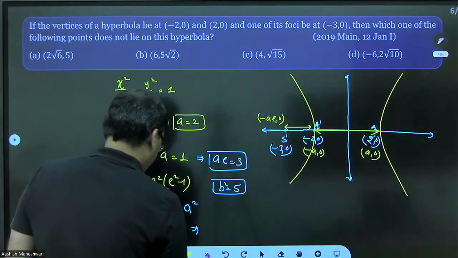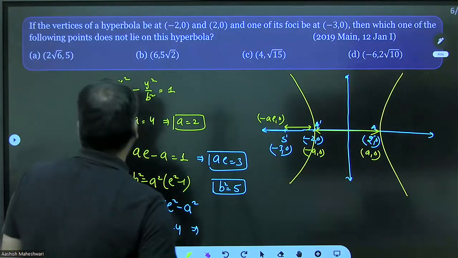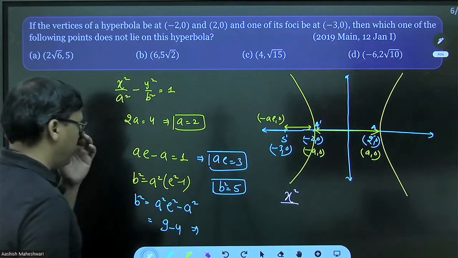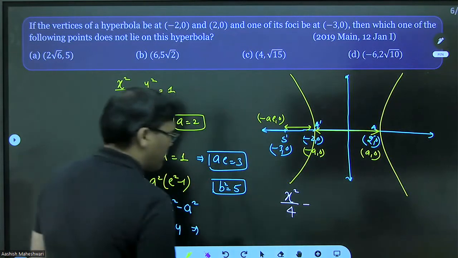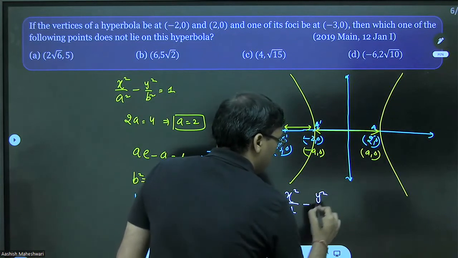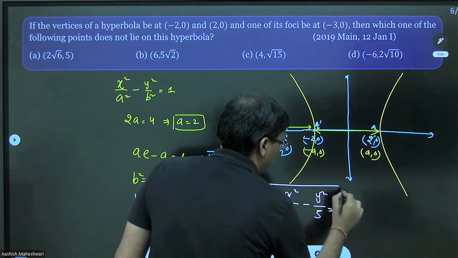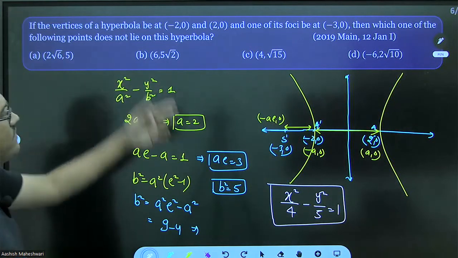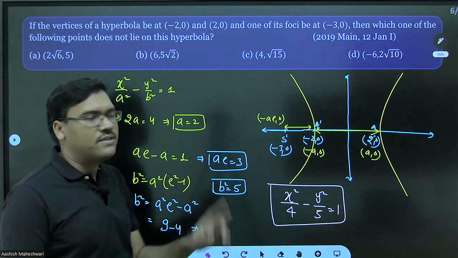So now we have got the equation of this hyperbola. This is x square upon a square, a square is 4, minus y square upon b square, that is 5, is equal to 1. So this is the equation of this hyperbola. Now we have to just check which point does not satisfy this equation, does not lie. That means which does not satisfy this. So now you can